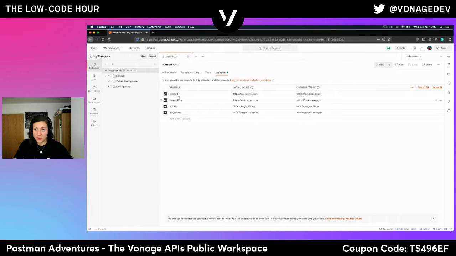There are two base URLs, API key and API secret, those two to authenticate. Now, the initial value is going to stay the same. Current value is going to be what you update with your values. So